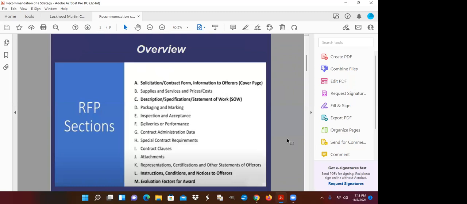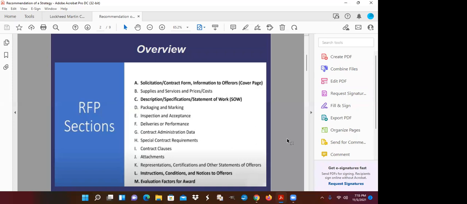Okay, so this is the overview for your solicitation when you're going on SAM.gov. Any contracts that are going to be $25,000 or more, this is going to be the overview of the RFP sections. Now you don't have to read all of these, but you want to go over them. The ones that are highlighted are the solicitation contract form, information to offerors, the cover page that will be on those solicitations,